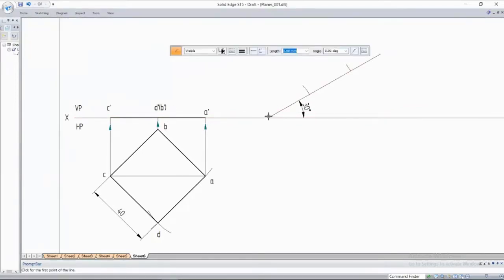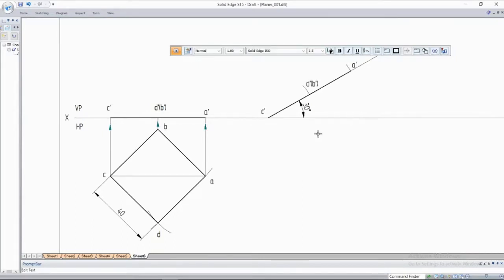After that, you can join this with thick line. One till here, other till here. And just name this. This is C dash, this is E dash, and this is D and B. So these are the other two corners of a square lamina, and this is your A dash.